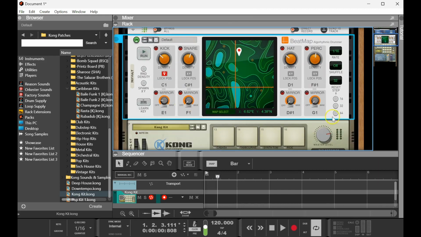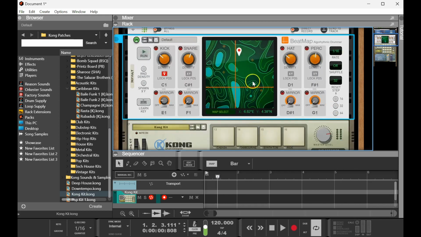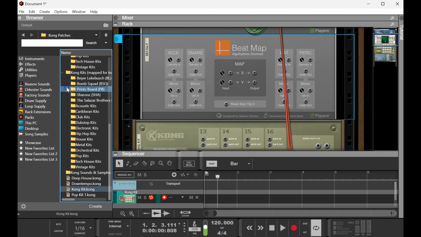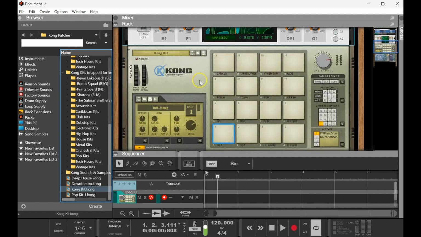So let's have a look at some other things to offer here. Actually, I think we may have covered all the basics, but there's just so much more offered by the beat map. Now, if we switch to the backside here, go ahead and hit your tab key, you can see that you can actually control the density of each one of these individual parameters with control voltage. So the first device I can think of that has some control voltage to work with. Let's go ahead and hit tab again, see the front end of this,